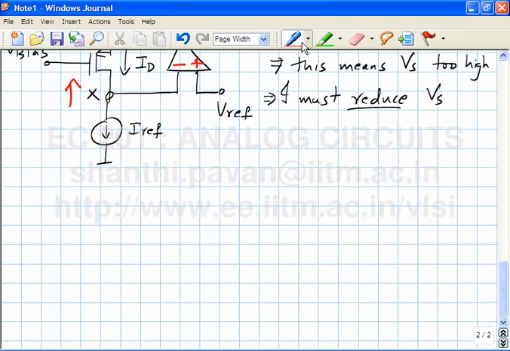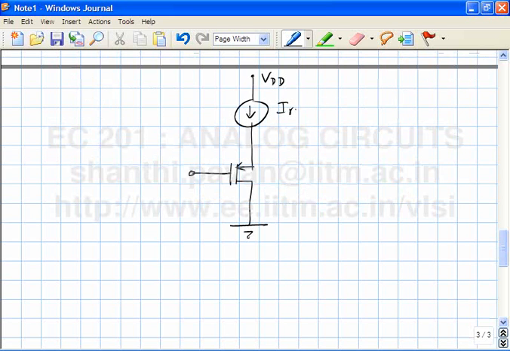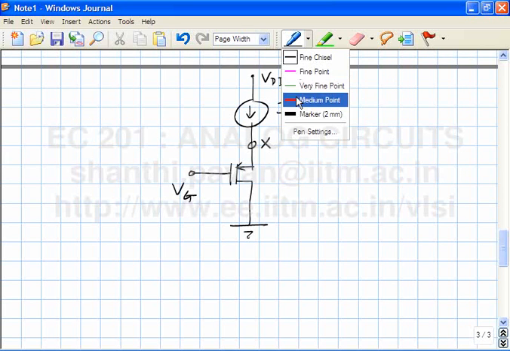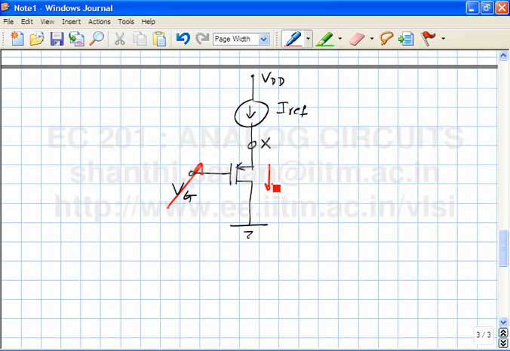So the last bias stabilization technique, which I didn't do for the NMOS case, is what? I didn't do it in the class, but problem 2 in the quiz is basically that. Measure through the source of the transistor and fiddle with the gate. This is VDD, this is Iref, this is the node X. This gate potential is the potential I plan to vary in order to make ID equal to Iref. So to cut a long story short, I would have ideally put an ammeter in the source and tweaked the gate in the right direction.